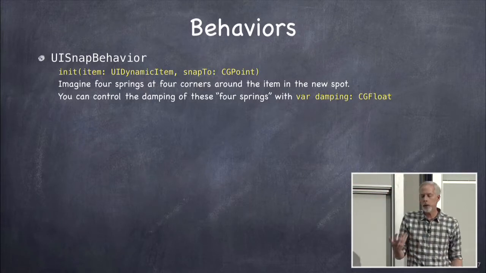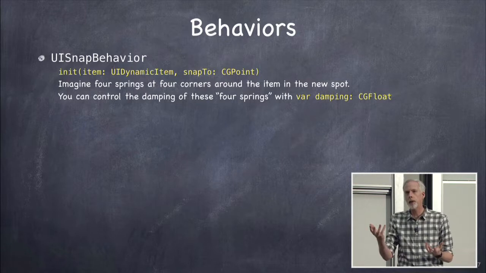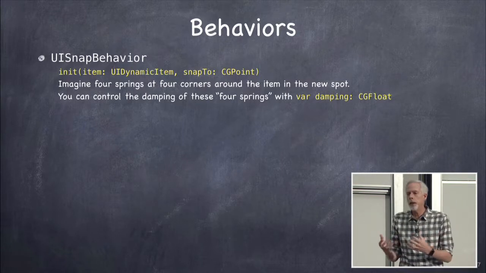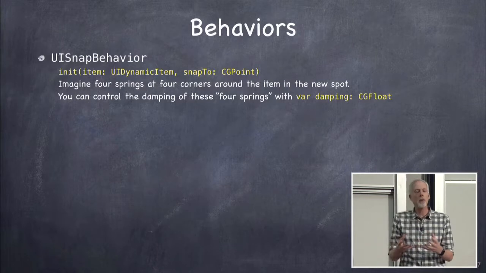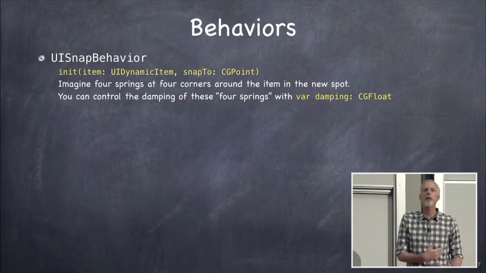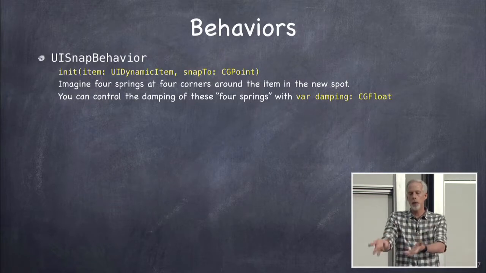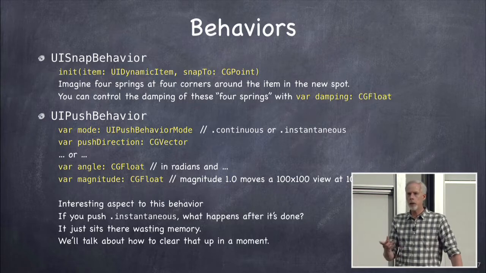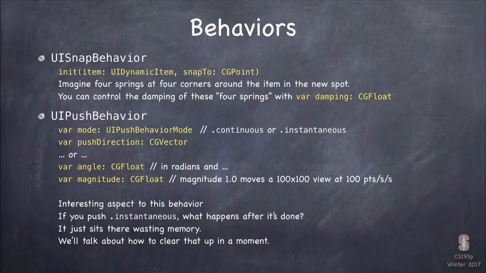So why do we do that? Because when we move things across the screen to a new place, in real life, we don't want it to feel so abrupt, right? When we move things, we want it to feel smooth. And so snap to is definitely the way to move something to a known place with the system. Similarly, there's something called a push behavior. A push behavior gives a UIView a push. Okay, so we already know how to make the UIViews accelerate towards somewhere with gravity.